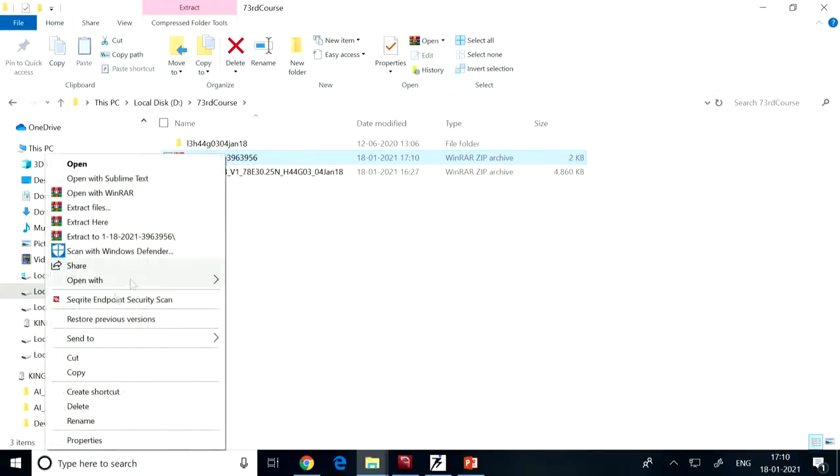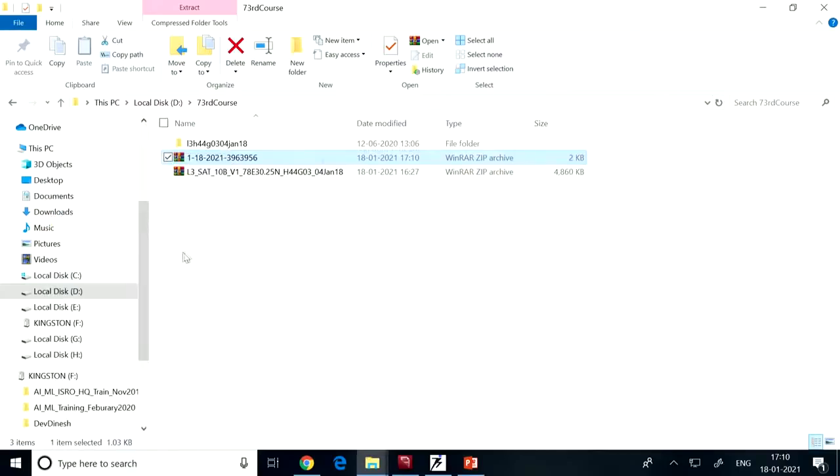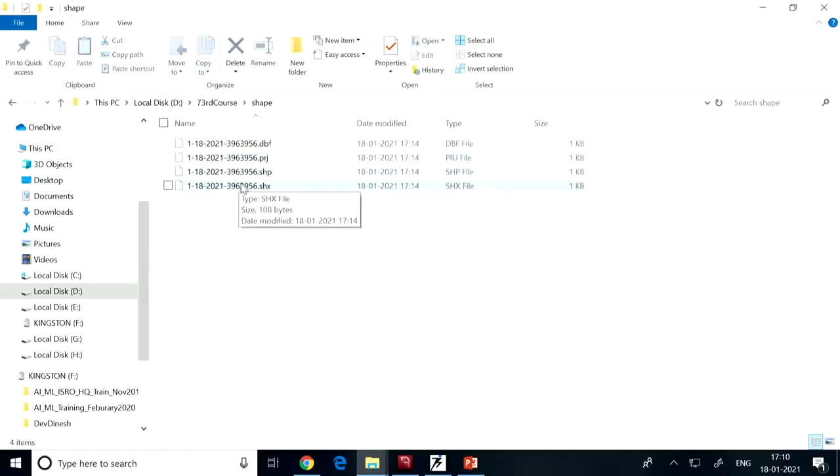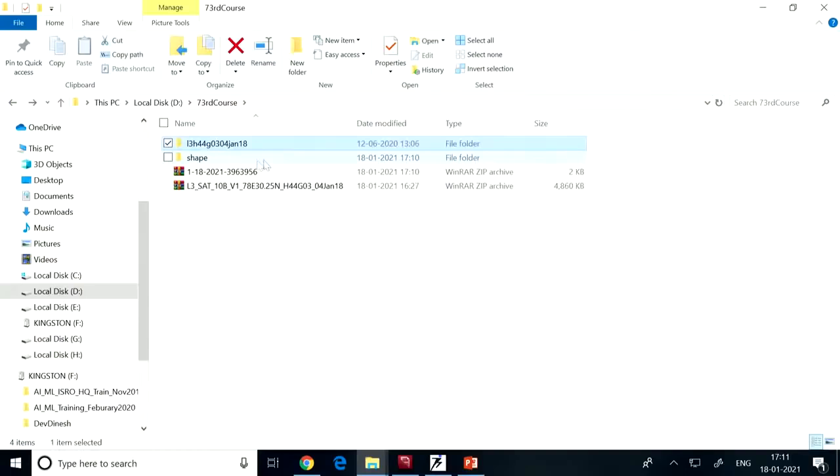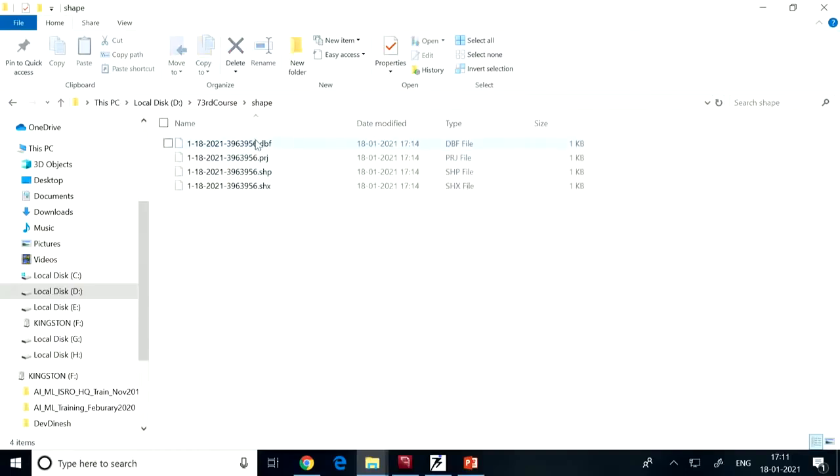If you see it here, right click here. Now unzip it, extract here. So it will download this. If you see it here, the shape file, once we were talking about the vector and raster data. So here I have the data in the form of bands. One band is in data itself. This is one data, this is another data, third, fourth data. But in case of a vector shape file, I have four files, and all these four files are very important. They as a whole are representing one boundary.